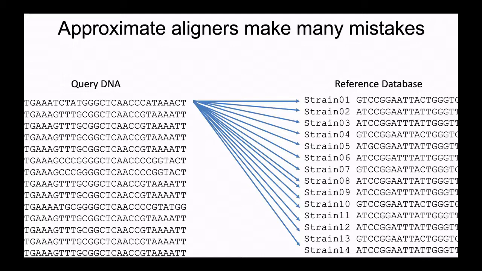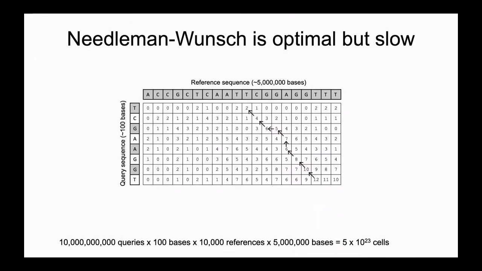We saw it in the last talk. And ideally, we'd like to find the best match every time. But that's not necessarily feasible. So it's feasible for small data sets due to this wonderful algorithm, the Needleman-Wunsch algorithm.